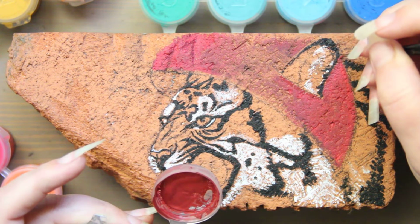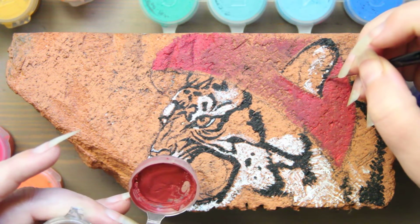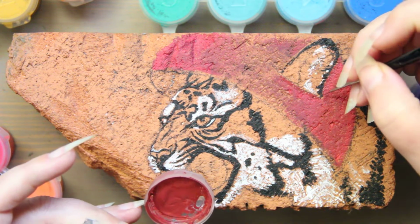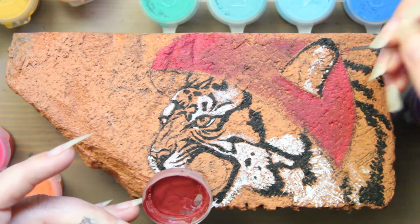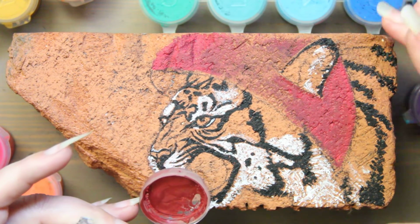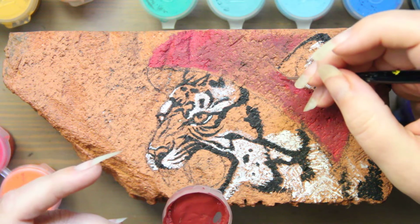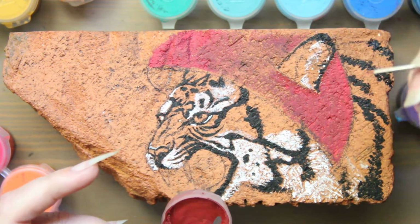Yeah, it's slow going with surfaces like this. The petrified wood I did last year was probably the slowest thing I've ever painted in my life, and that was a much more difficult surface to paint on than brick, just because layers of it could peel up as I was painting. So this has been okay. I don't know if you can even see that. That's unfortunate. But this is how this process looks. It's very slow,